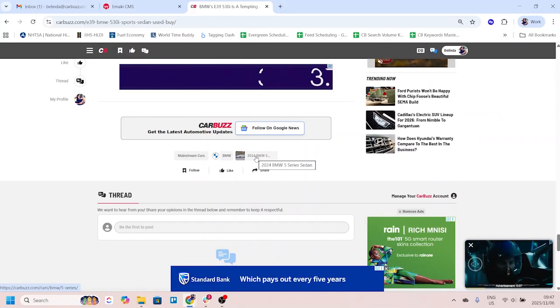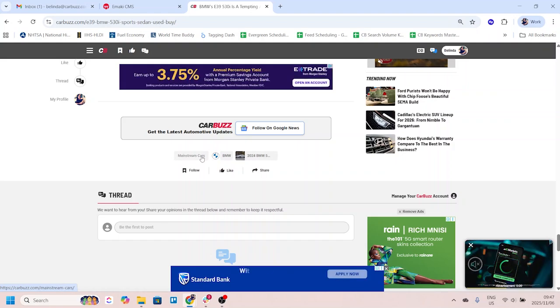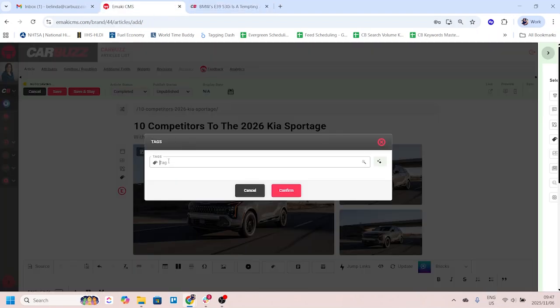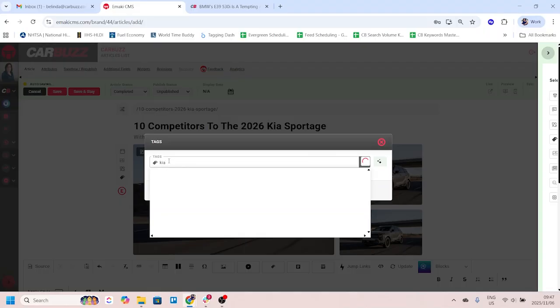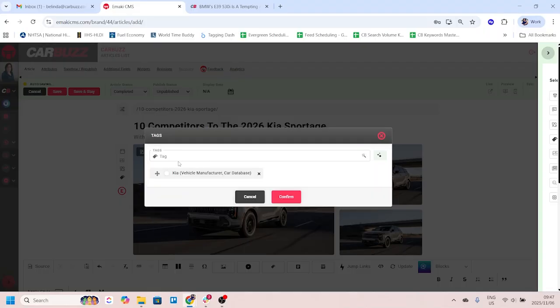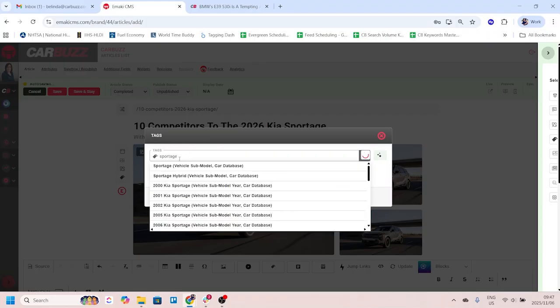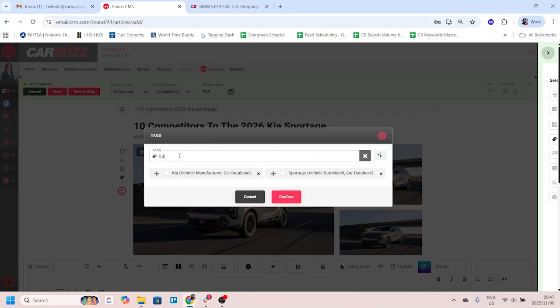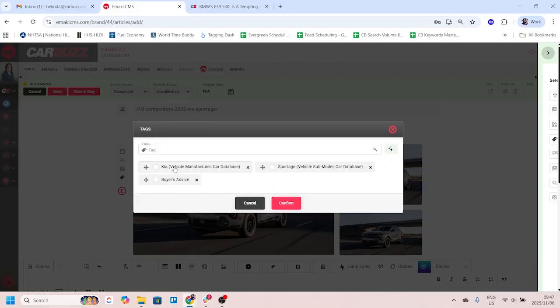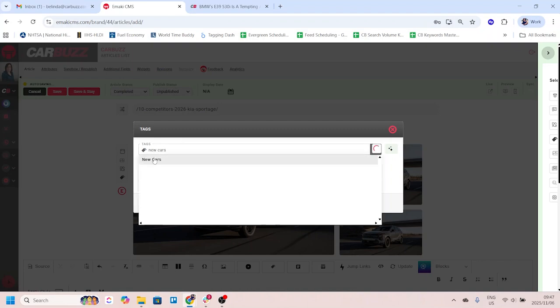And that helps you also to find similar articles. So if I were tagging in this example, I would definitely tag Kia because the article relates to Kia. I would also tag Sportage. And I would tag, for example, a buyer's guide because I am advising people who are looking at the Kia Sportage what other competitors there are, and I know that the instruction for the department that I would be writing for would be to add new cars because these are new cars that are